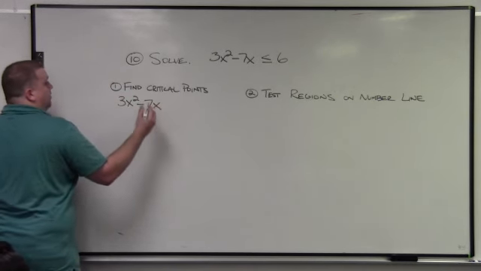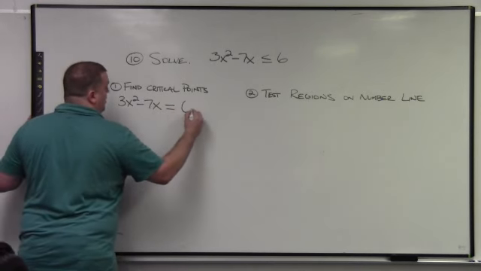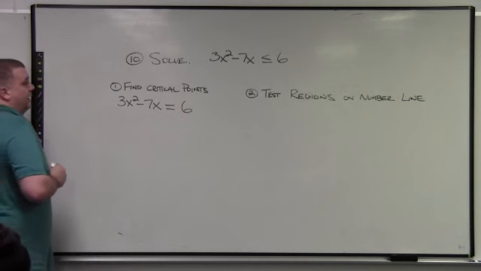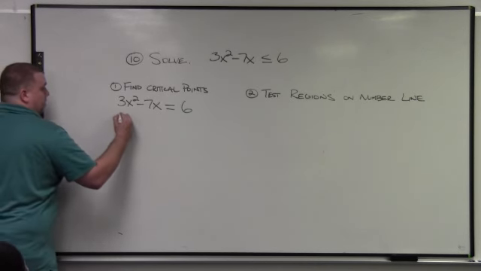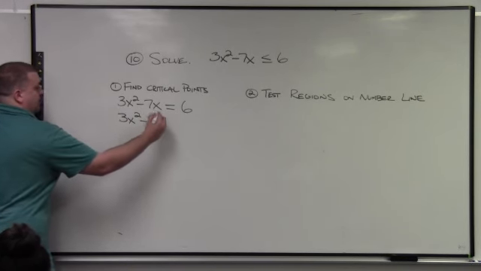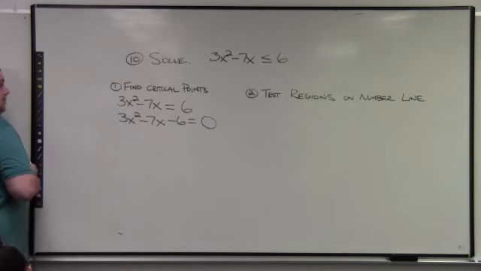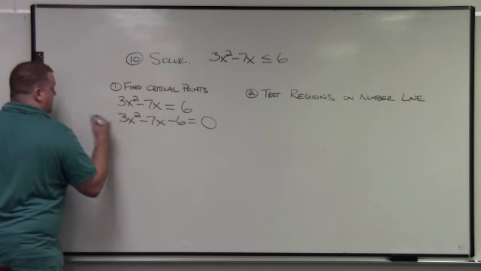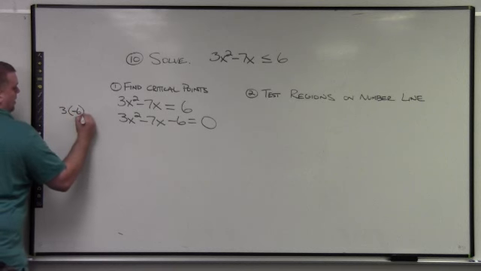I will put it in standard form eventually. The first thing we want to do is replace the inequality symbol with equals, because our critical values are where our quadratic is equal to 0. Then I would put it in standard form. So that means I would need to subtract the 6. Correct. So I want to see equal factor. I need to go 3 times -6. And that gives me